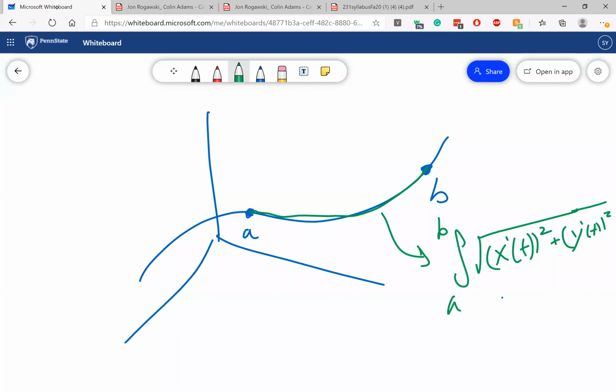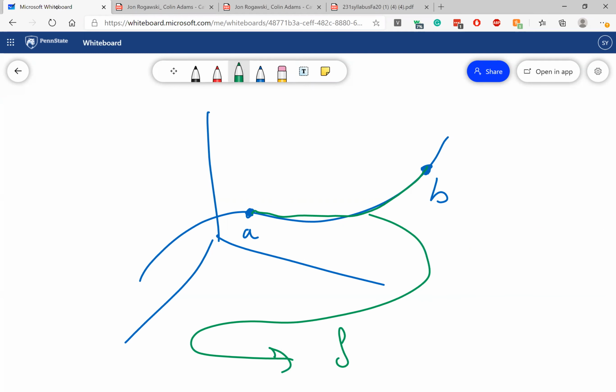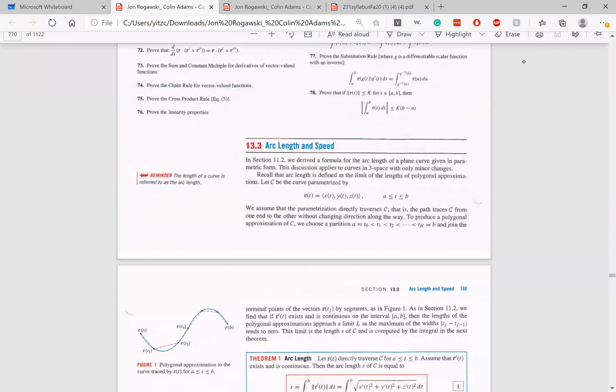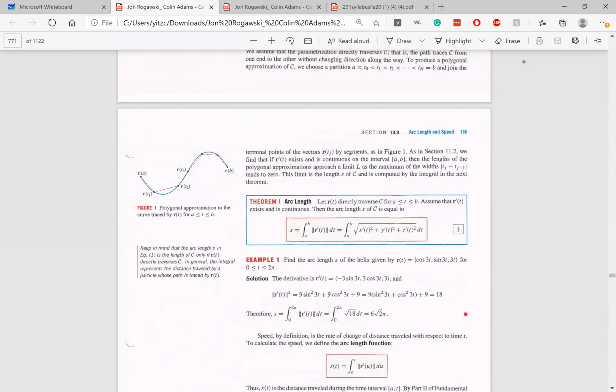So this is going to be the integral from A to B of the square root of x prime of t squared plus y prime of t squared plus z prime of t squared. And this comes from the Pythagorean theorem. And one way to see it is,